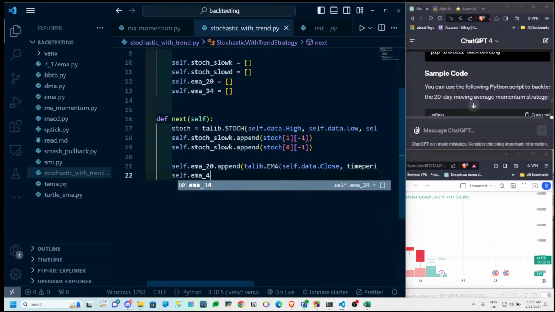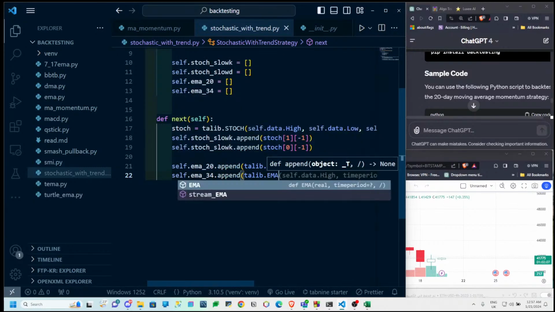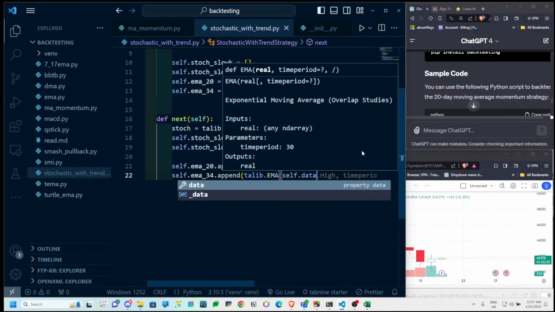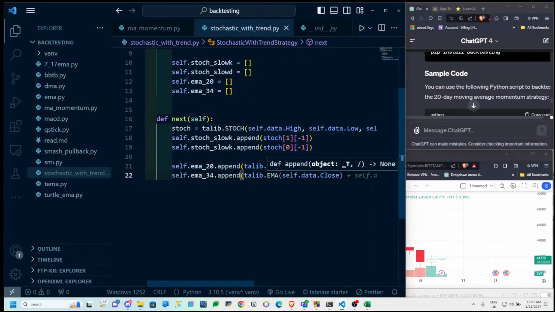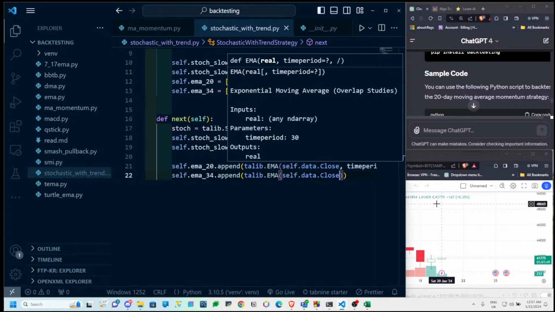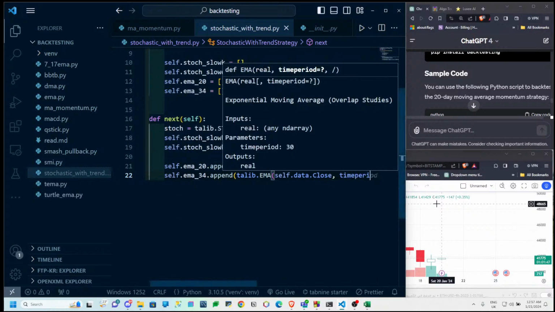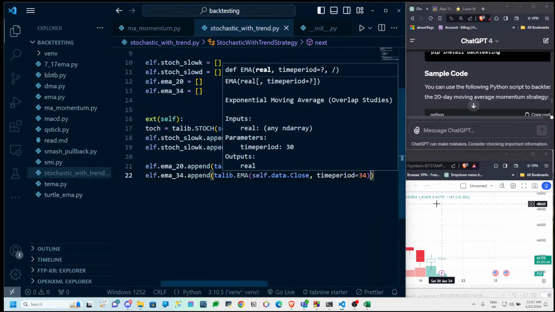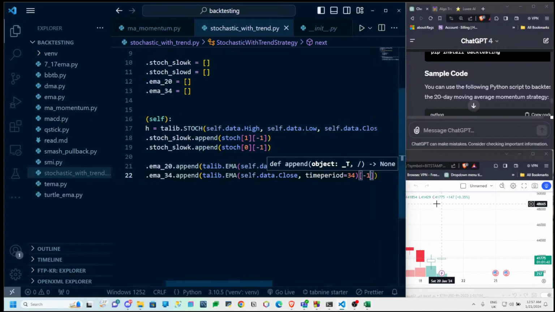Here I'm saying that 34, elib.ema silver data.close with time period equal to 34, the most recent one. Alright,